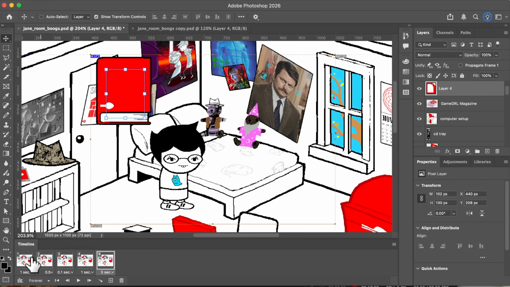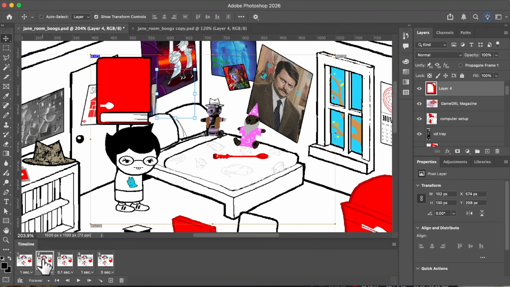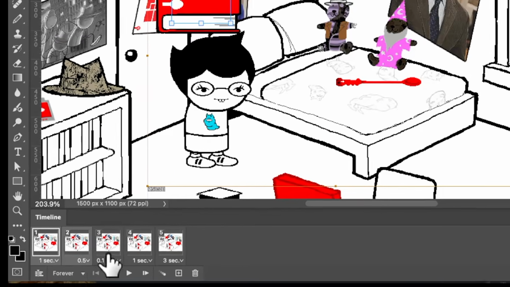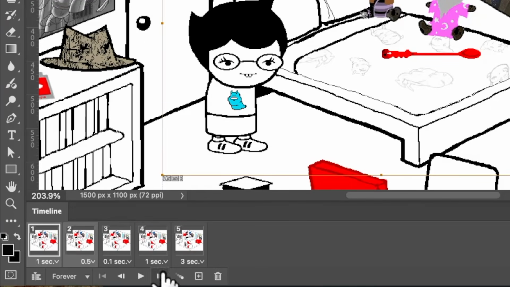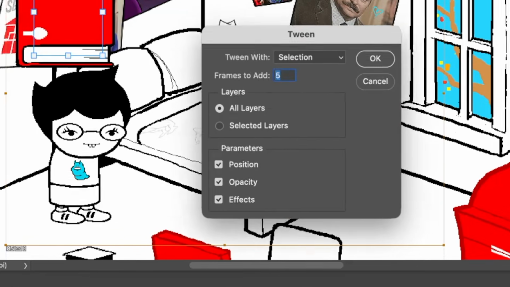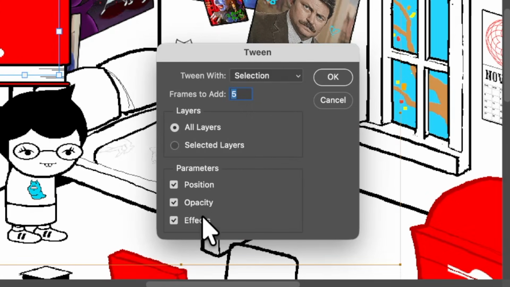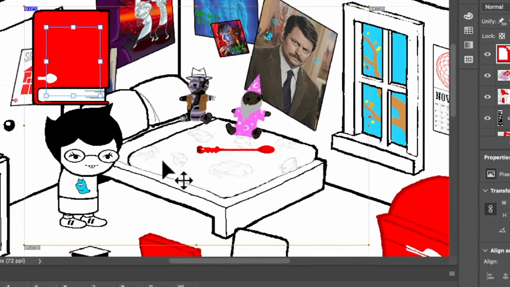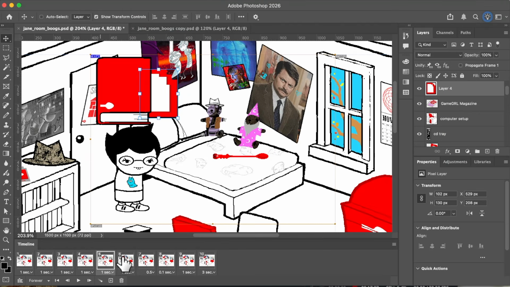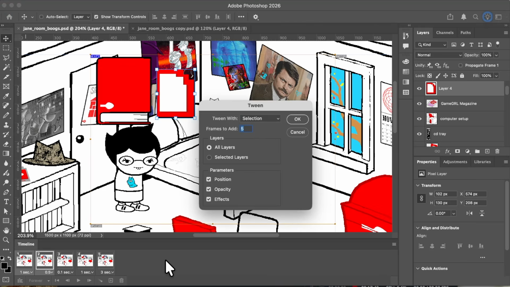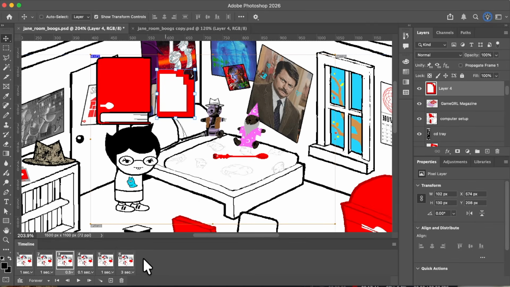Now it's time for the in-between frames. Let's say I want a frame between these. Now I can make that manually. I can duplicate the frame, add some distance, but a good method is the tweening option in Photoshop. I can select these two, holding Command, or Control on Windows, to select both of these. I press the tween button, and I want to make sure the position is ticked, or whatever else I'm doing, maybe something is fading in. I'm adding one frame in this instance. If I added 5, it would add steps in between to accommodate that kind of travel, but I'm just going to add one frame because I want this to be very quick,